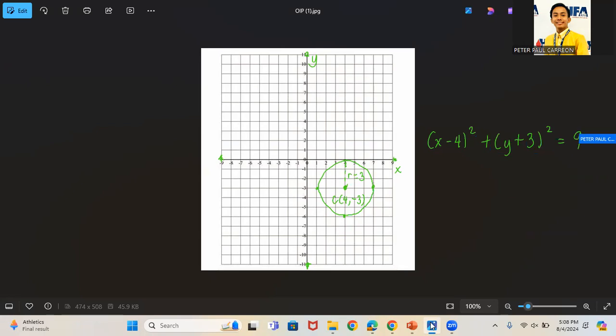So this is now the standard equation of the circle centered at (4, -3) with r equal to 3 and tangent to the